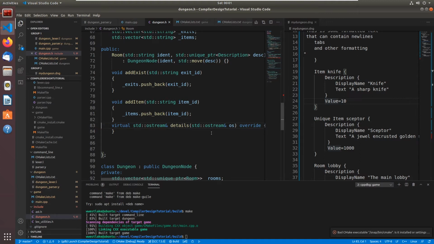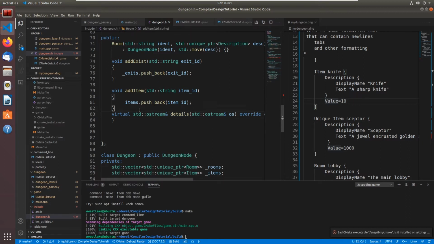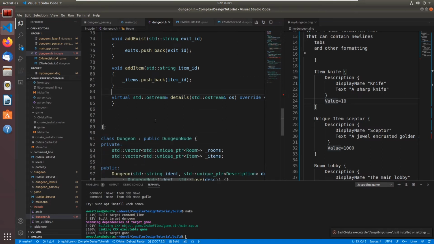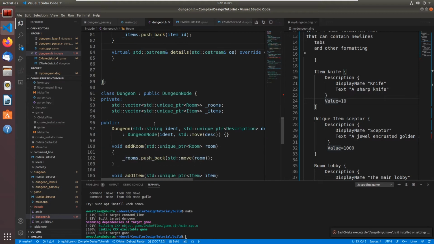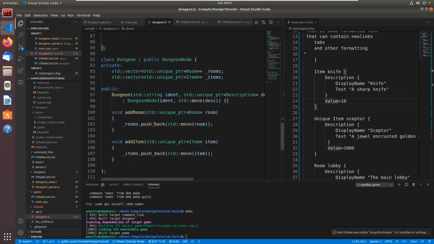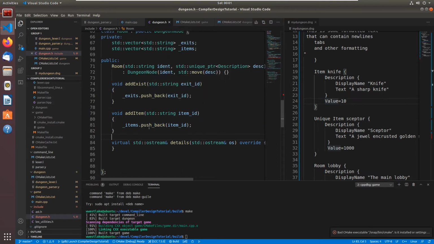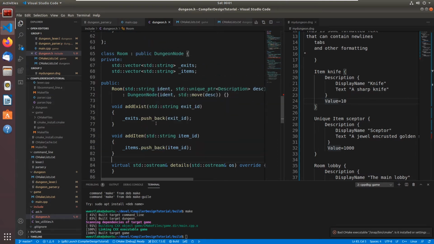The only thing that we could print out from here is, yeah, so we do have to implement details, but it does nothing for a room because the dungeon is going to have to do that. Now I'm going to have to think through that one. The way we've organized this may not be